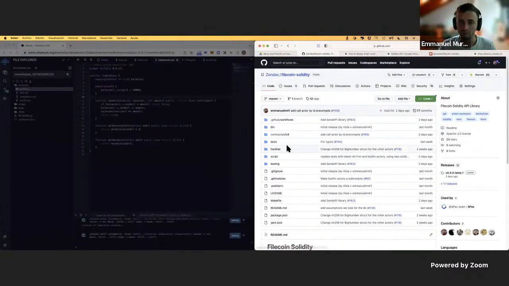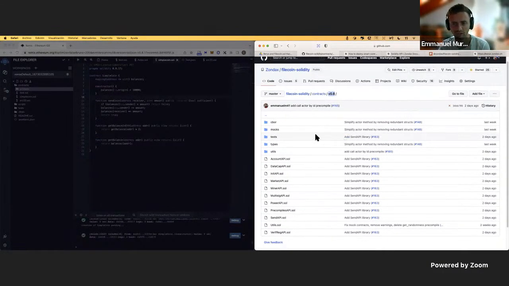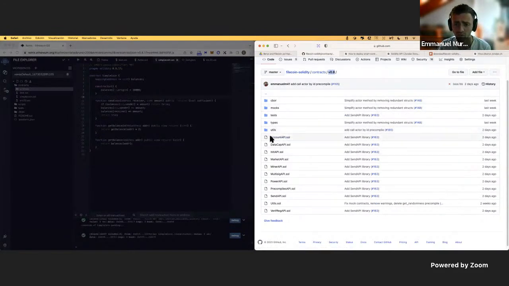And I mean, the project is, all the contracts are here in the contracts V08. They are organized in a way that we have different versions for different Solidity compilers. For now, we are only using 0.8. I think it's one of the latest ones. And as you can see here, you have a lot of